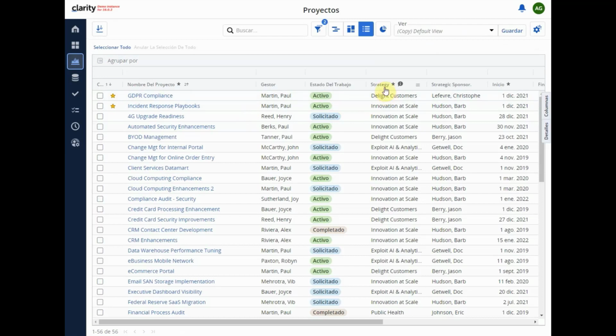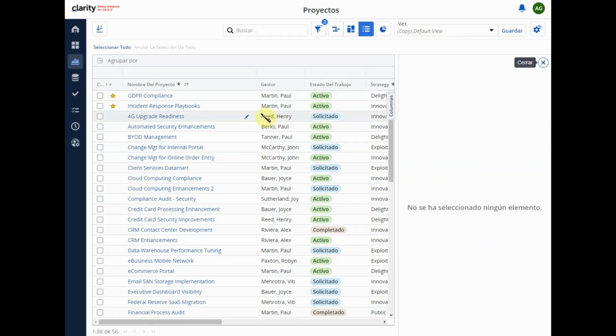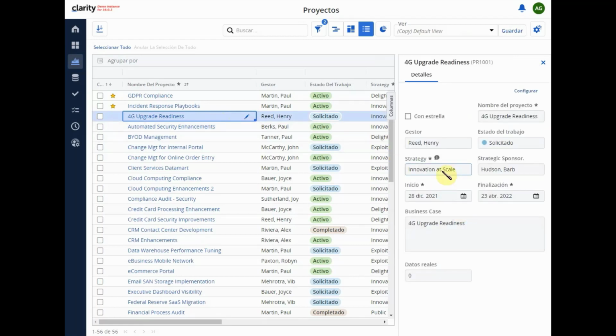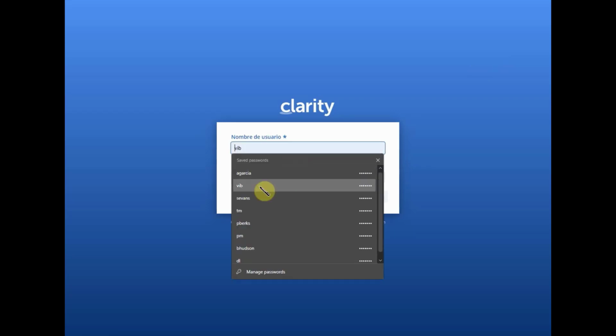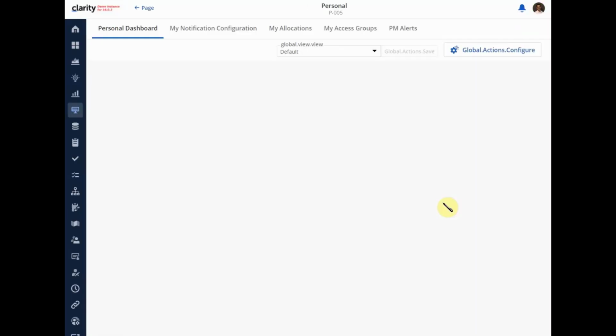Right here, there is my strategy column, and then hovering over it, the tooltip is being displayed to me in Spanish, and I can see the same in the details. Selecting a specific one, the tooltip will be then displayed across the same way in the Spanish language. All right. Next, I'm going to log back out and log in as myself again and show you the next